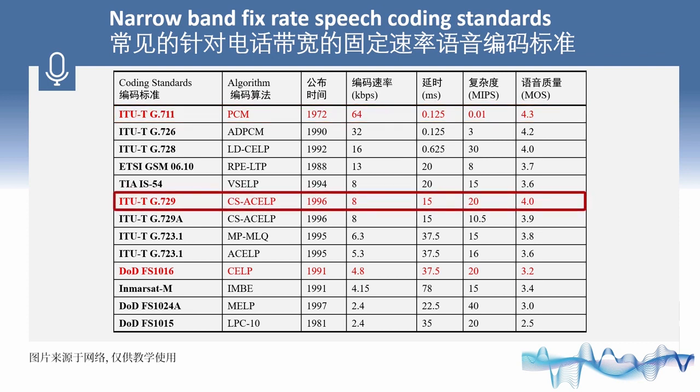ITU-T G.729 uses the method of CS-ACELP that compresses PCM signal into a bitstream at 8 kilobits per second. Here is a sound demo coded with